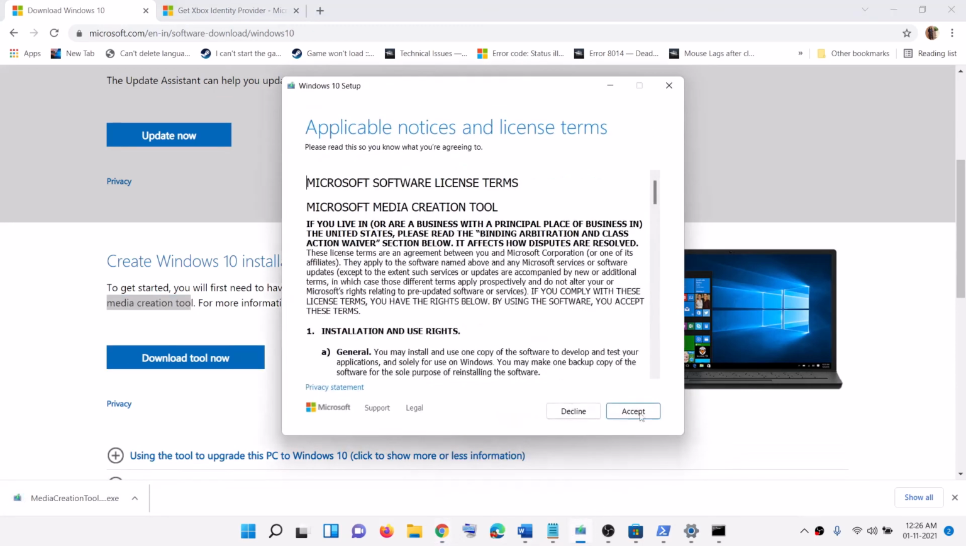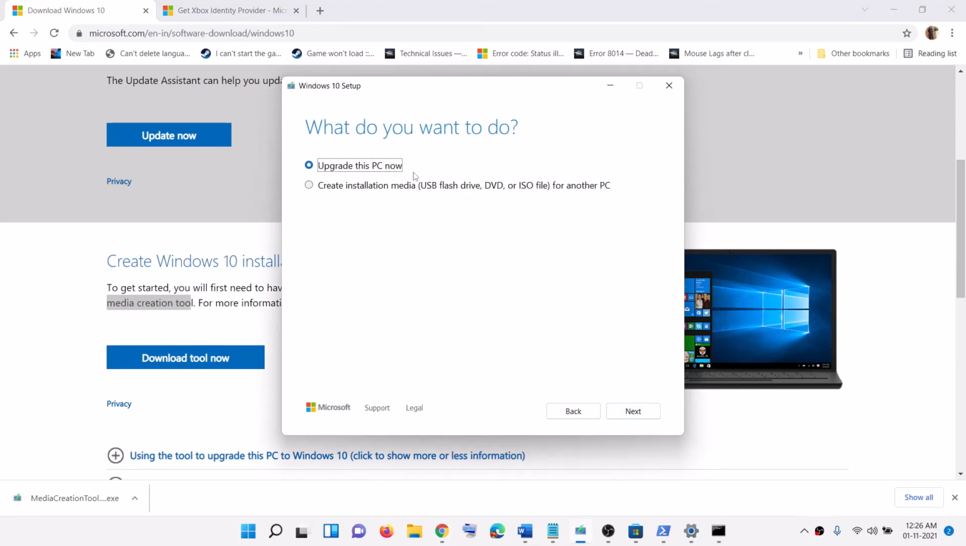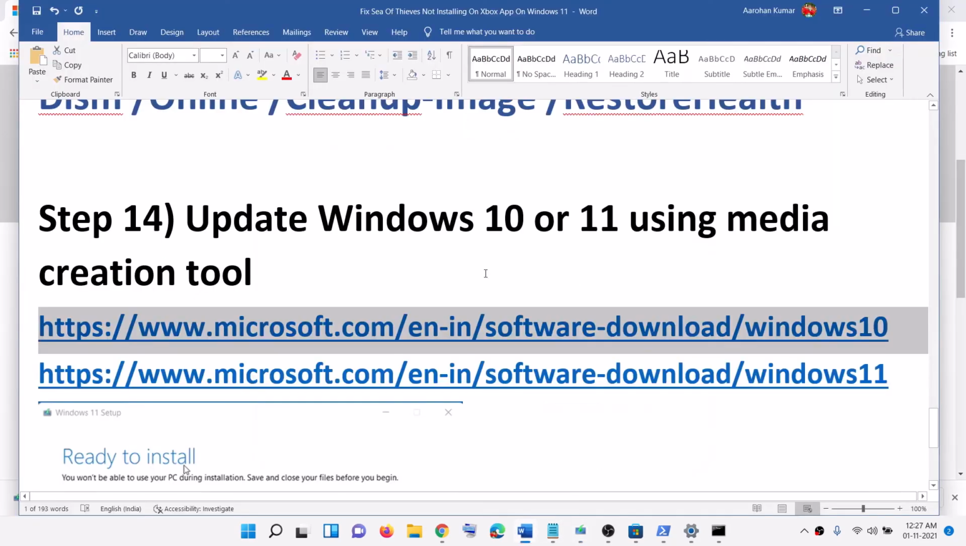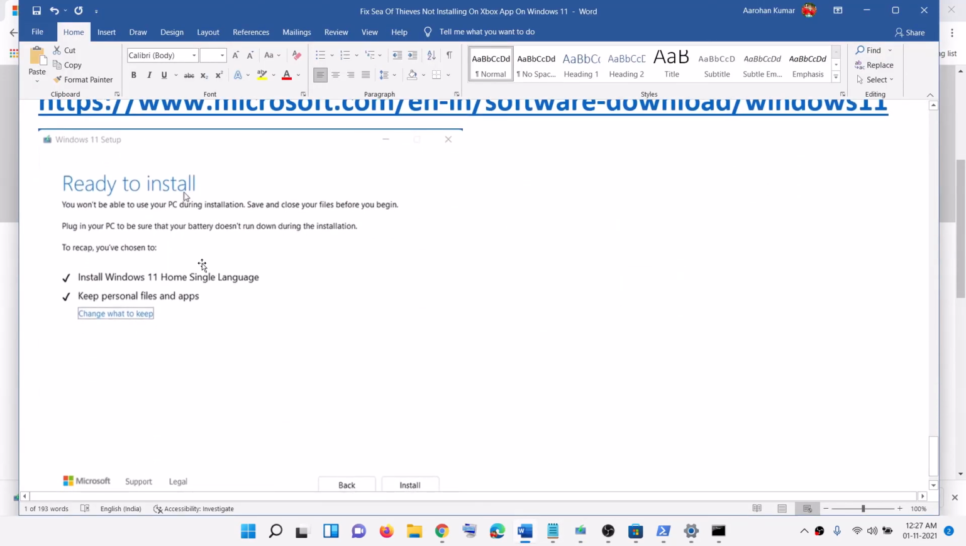Then you will see this screen. Click on accept, and by default upgrade this PC now would be selected. Click on next, and this will start downloading Windows 10 along with the latest update. Now this process will take some time. So once the download is complete, before the installation, you will see this screen which says ready to install, and